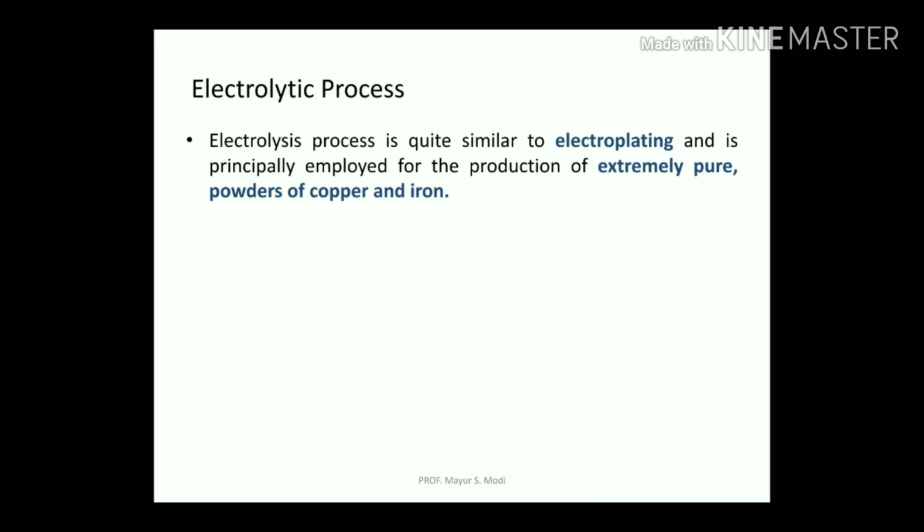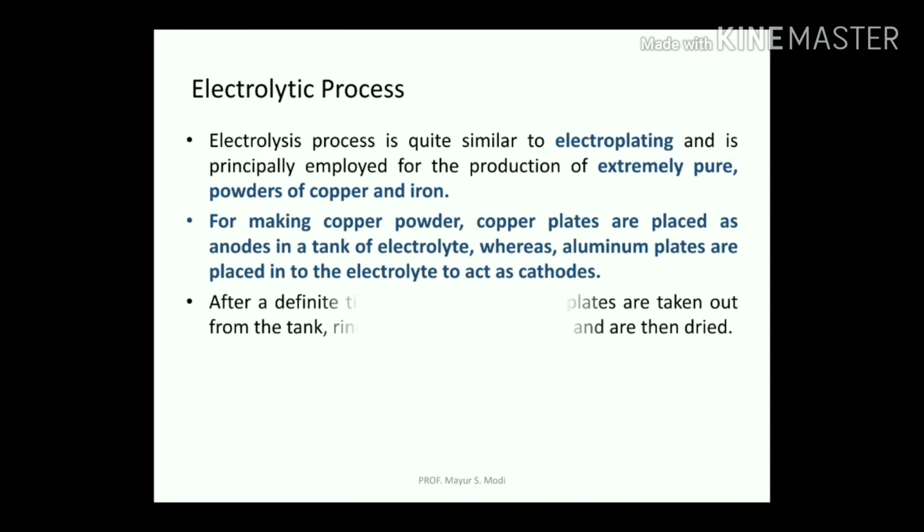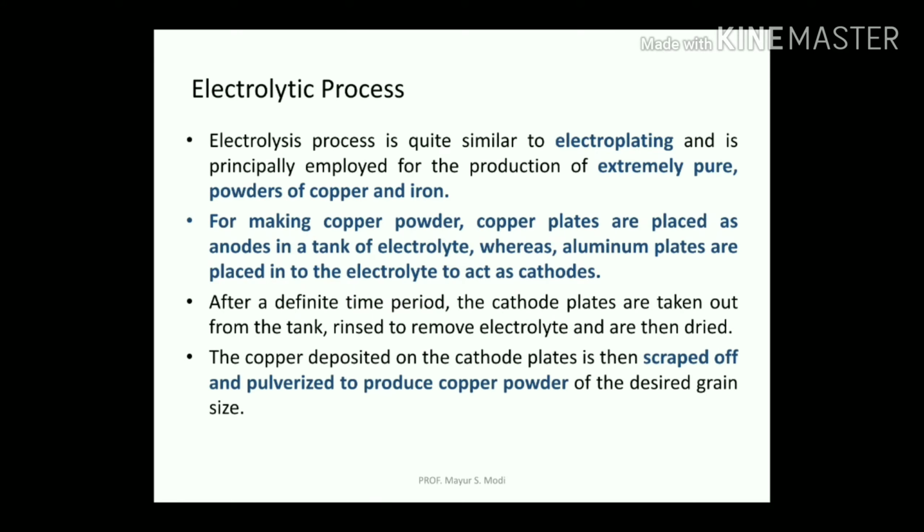Electrolytic process. The electrolytic process is quite similar to electroplating and is principally employed for production of extremely pure powder of copper and iron. For making copper powders, copper plates are placed as anodes in a tank of electrolyte, whereas aluminum plates are placed into the electrolyte to act as cathodes. After a definite time period, the cathode plates are taken out from the tank, rinsed to remove the electrolyte, and then dried. The copper deposited onto the cathode plates is then scraped off and pulverized to produce a copper powder